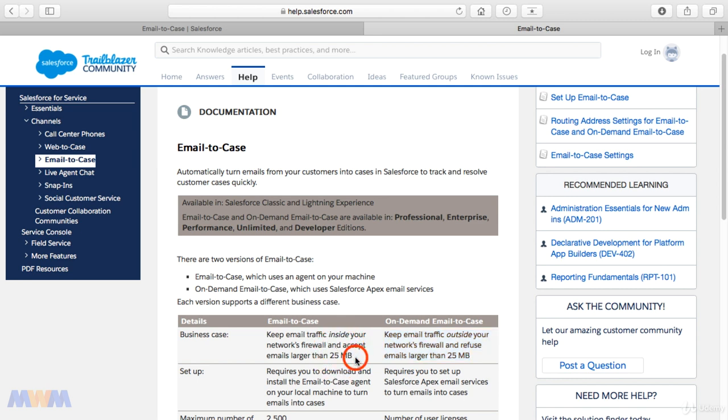So usually in a corporate environment, you deal with just the basic email to case, and that's things that are inside of your company's firewall where you accept it to an email address. So for example, if you worked for Google, it would be myname@google.com. They would have a network firewall set up with their email servers, and you would only be able to accept emails and convert those to cases if it's coming into like support@whatever.com. On-demand email to case, it's traffic outside of your network's firewall, and it doesn't let you accept really large